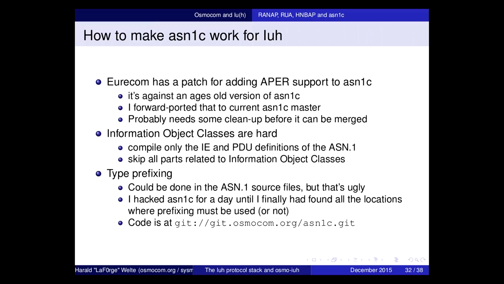Now, information object classes are hard, at least for me. Basically, we skip that. I manually edit the ASN1 syntax to not use information object classes anymore, so I'm rewriting the ASN1 that's supposed to be there to guarantee the encoding, so it circumvents sort of the purpose. The idea is you take the ASN1 from the spec, you use it, you don't modify it. But I'm modifying it because, well, the tools we have are not good for what we want to do.